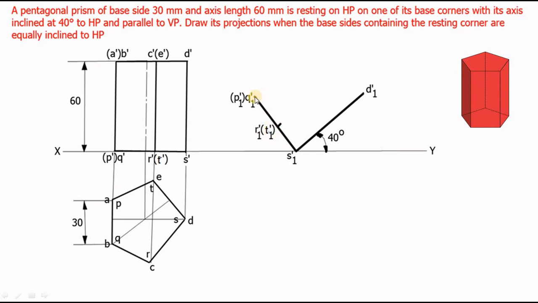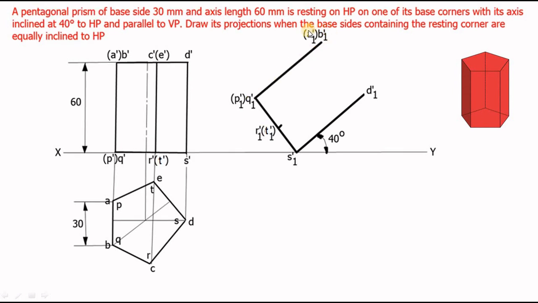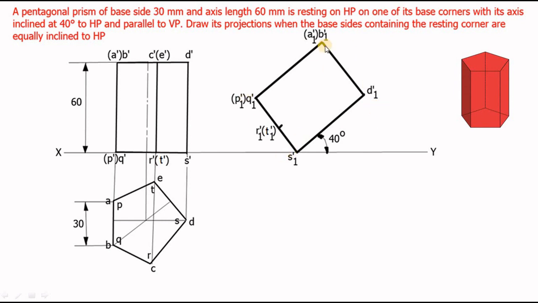Clear? Now draw one line parallel to this S dash D dash line. So that is this line. Okay, P and A. So this longer edge will be parallel to this line. So you can draw the parallel line. Clear? So this can be named as A1 dash and B1 dash as we did here. Okay, now join these two to form the rectangle of this particular second question, which is inclined 40 degree to HP, that is axis.